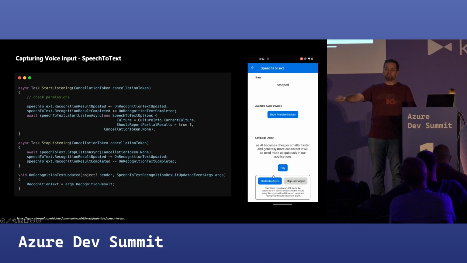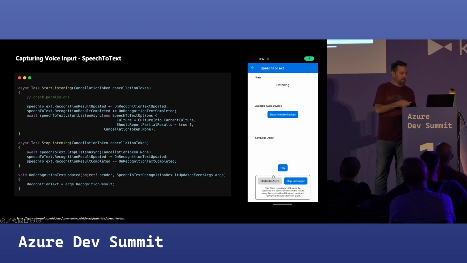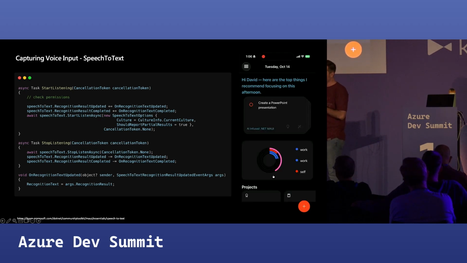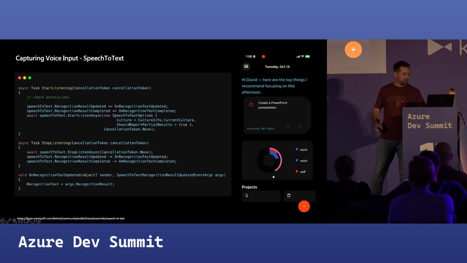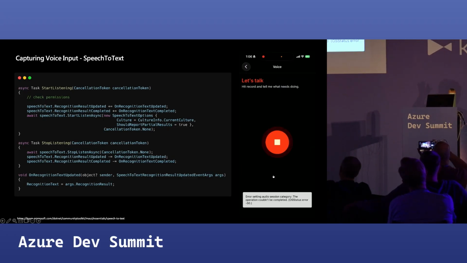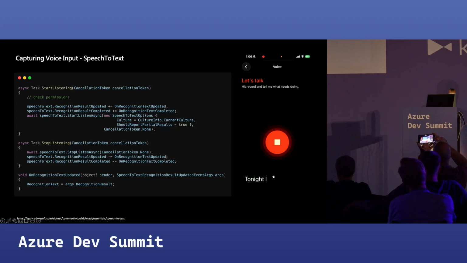So I use this to do the transcription part on device. I do not use this to play back the voice. All right, next. So this is capturing voice input, speech to text in the application. Here's what the code looks like. And this is me doing it from another application. Do I need to click play on that one too? But you can see it's pretty straightforward. This is the community toolkit. It's a speech-to-text client. So I just establish a handler for the updated and the completed events. I start listening to it, and then in those events, I can record it back.